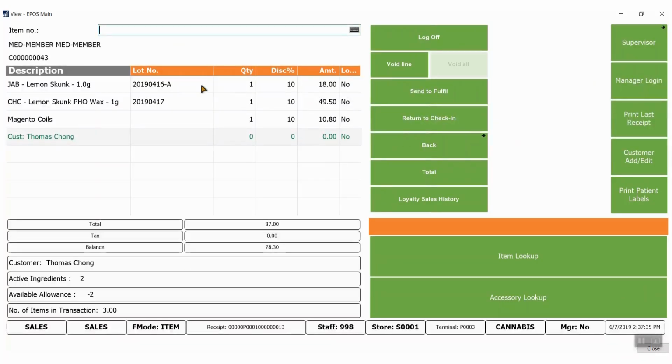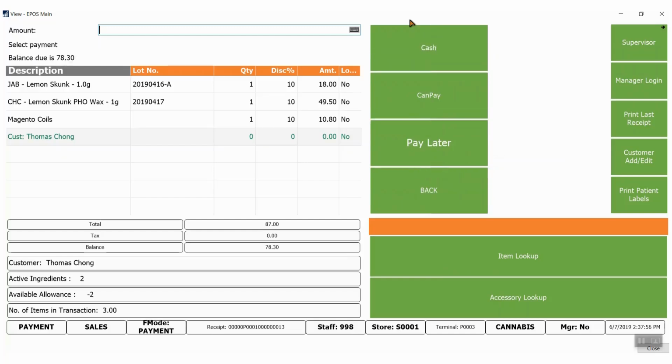and our order's in here. From here I always like to double check and make sure that my lot numbers are all set, which they are. And then from here you could add items here, but you would have to send back to fulfillment to add the lot numbers. However, if this customer is finished, from here we can just go ahead and click